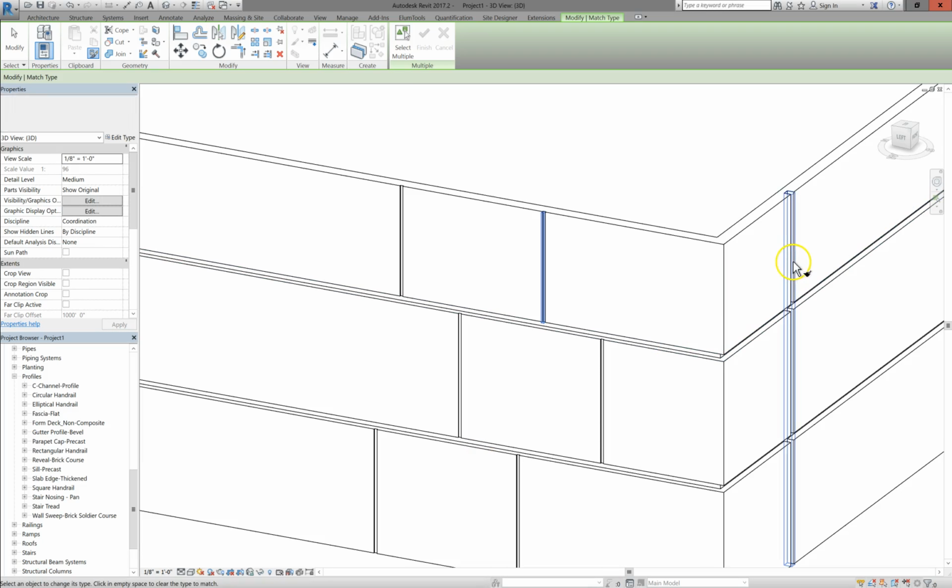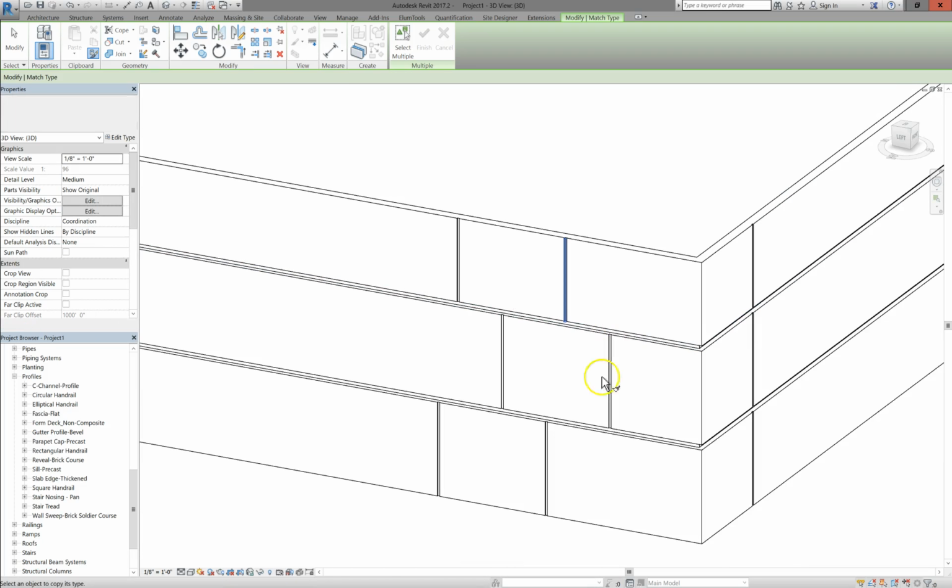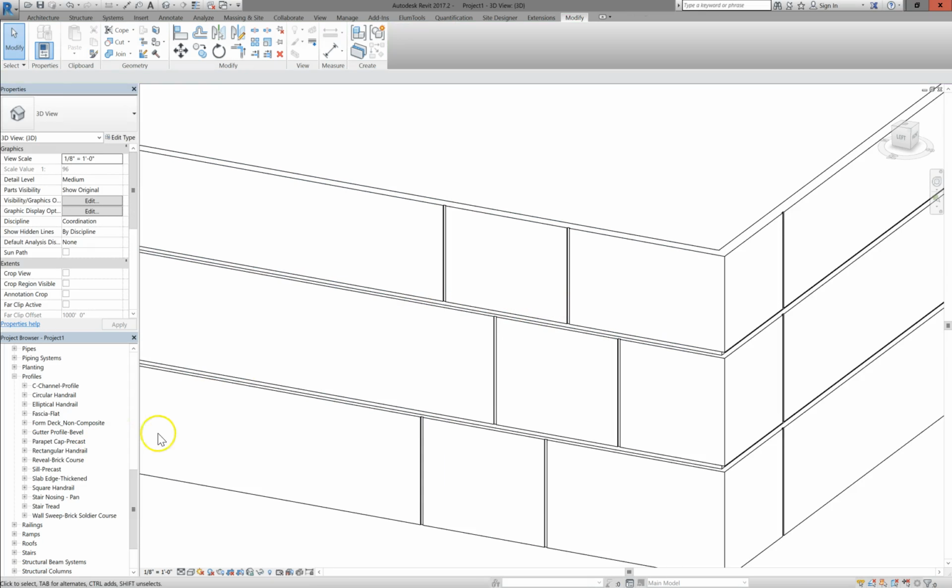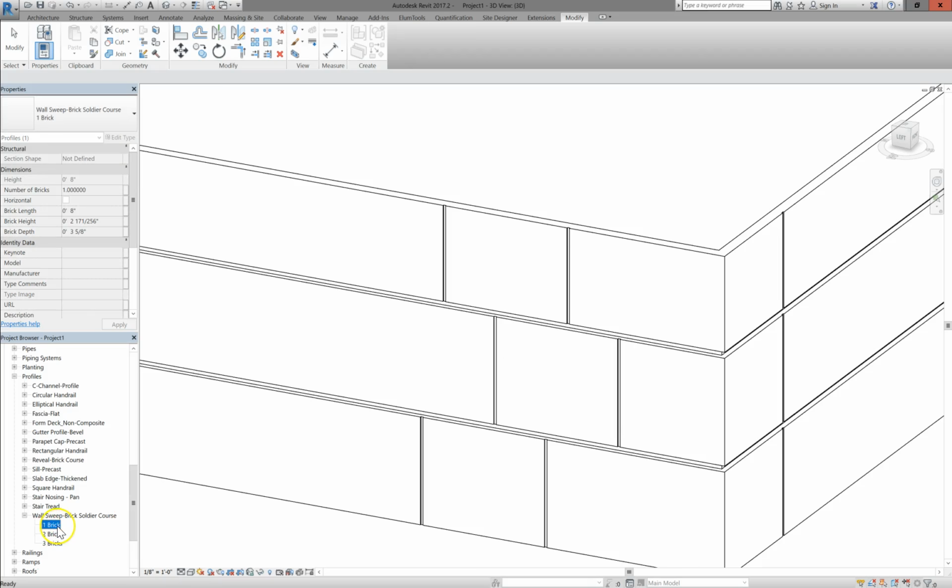And you can make all your reveals, vertical reveals, thinner, keeping the wider default reveal. Now, you're going to want to be more precise than all of this. So, making a reveal is fairly easy. You can either start it completely from scratch, or we can just make one really quick. But right now, what we're using is this brick soldier course